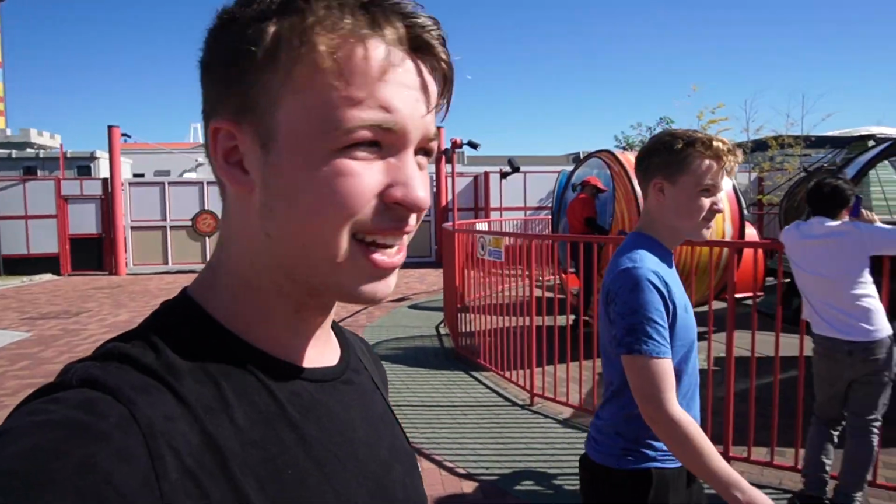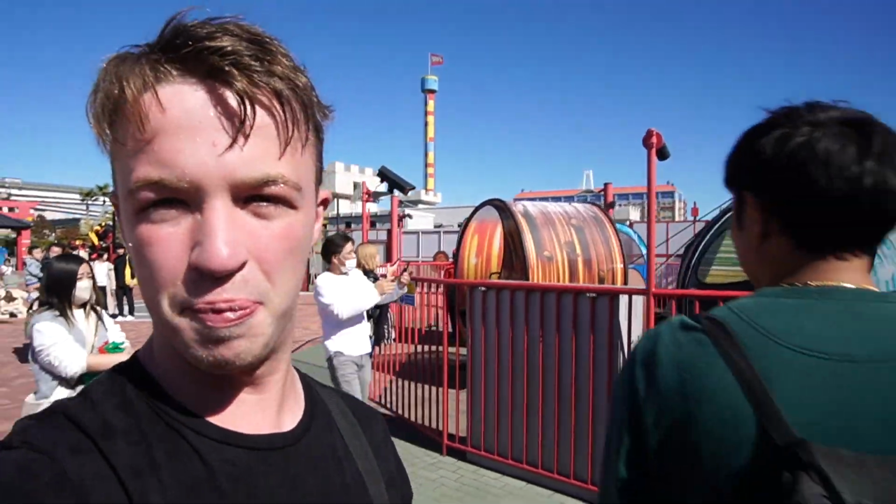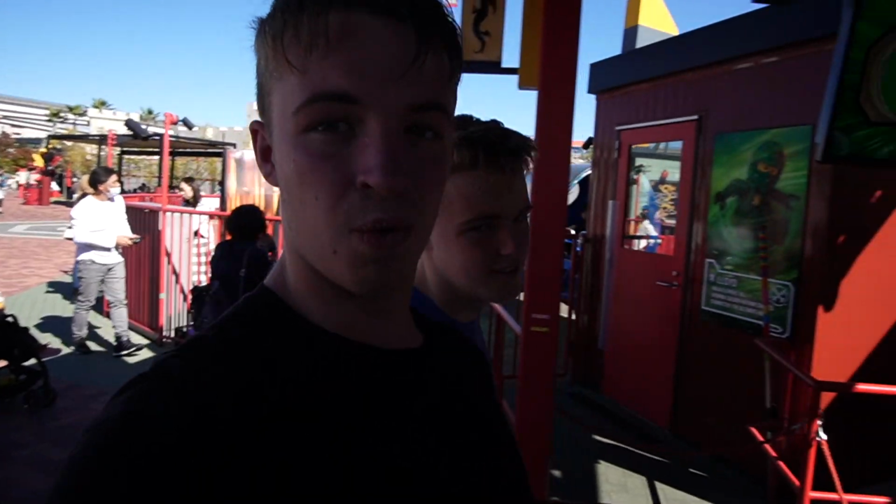What you may not realise is that right at the park there's also one that's upside down, which is Lloyd Spinjitzu Spinners. Now this is a common flat ride around the world, but over at Legoland they try to make such an awesome theme behind it. So we go over here, very rarely do you get a ride at Legoland that goes upside down, but...